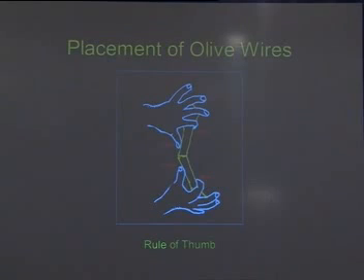And when you do a deformity correction, you have to use some olive wires, and you have to find out where to use the olive wire. This is a rule of thumb. When you want to correct a stick, you hold it like this and correct it. In the same way, at this thumb level, you must have an olive wire. At this finger level, you must have an olive wire here, and an olive wire on this side, the convex side. So when you try to correct it, you get a proper correction.